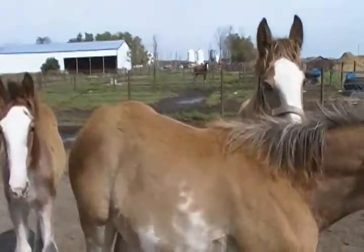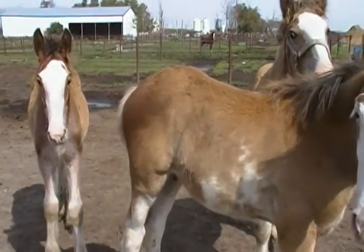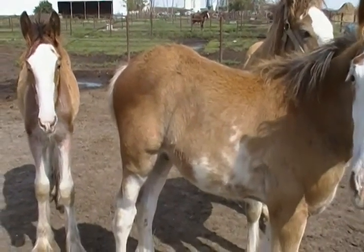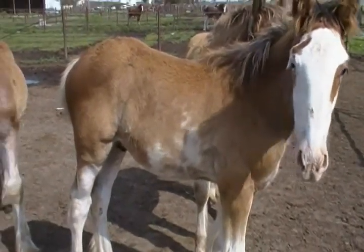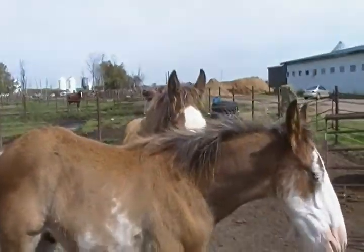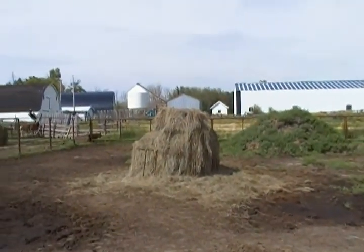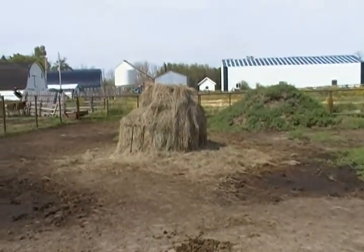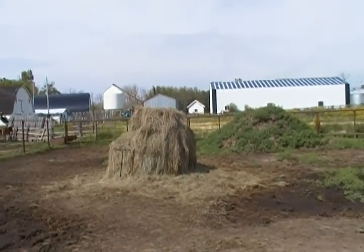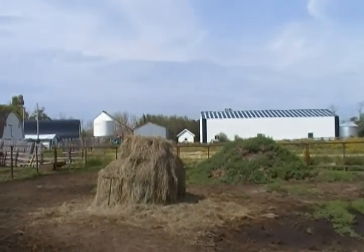I read from a very reliable source, which I was talking about on some of my other videos, about why it's important to spread hay out and feed it on the ground. These little tiny horses are eating from this big ugly bale, and there is some on the ground. Hopefully that's what they're eating, but once that's eaten up, they have to get from the top of the bale. Anyway,